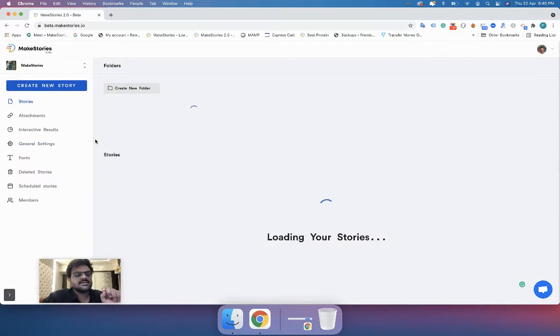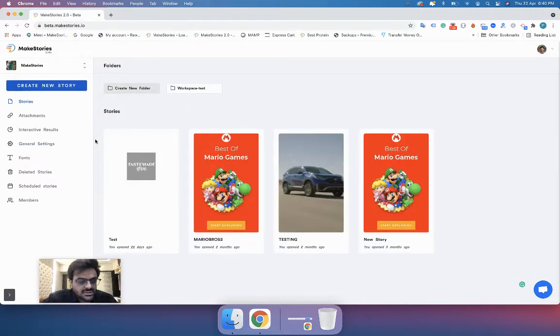Remember, Workspace is a paid premium feature, and it is charged depending on the number of members that you will have. I have explained about the workspaces in detail in my last lesson. So if you are jumping directly into this lesson, you can go back and check it out.